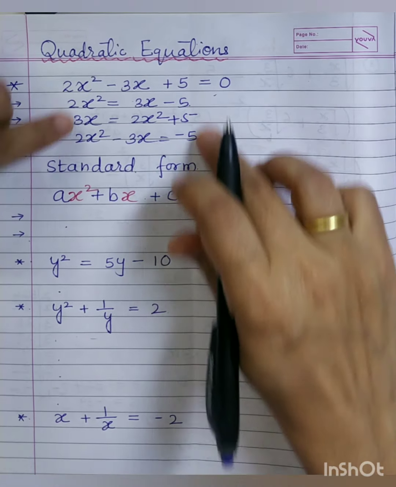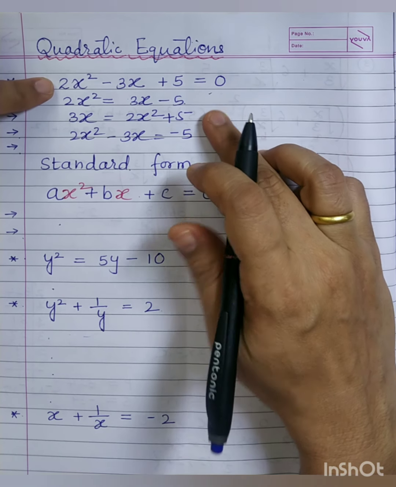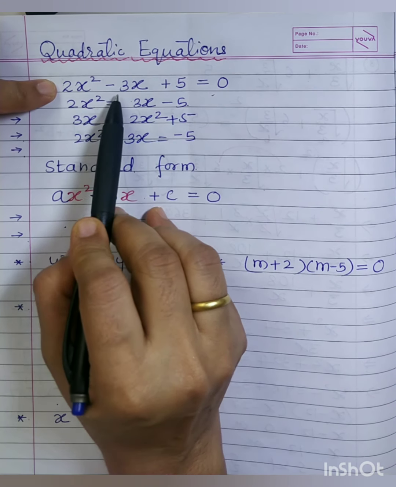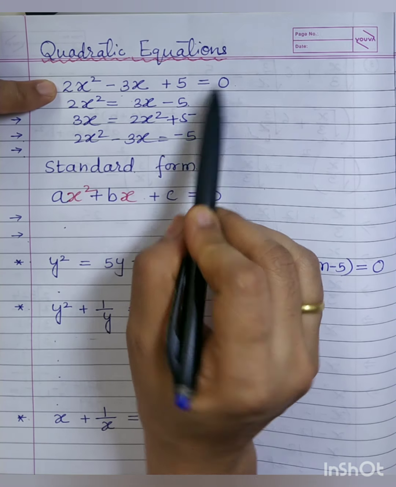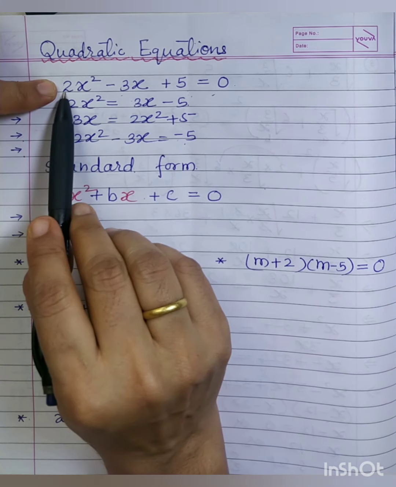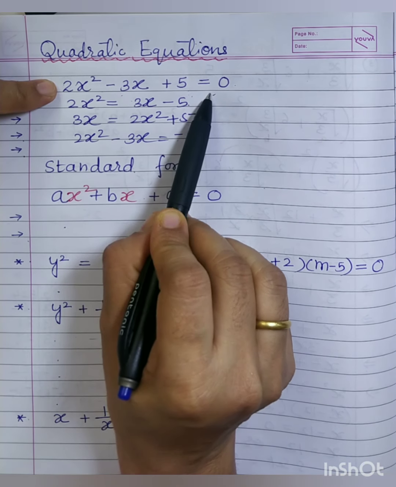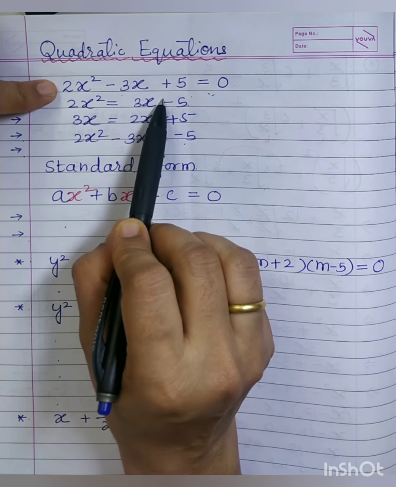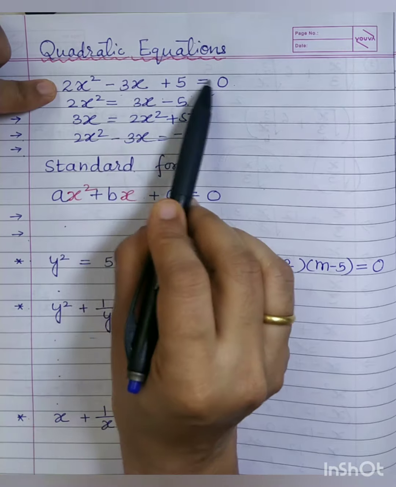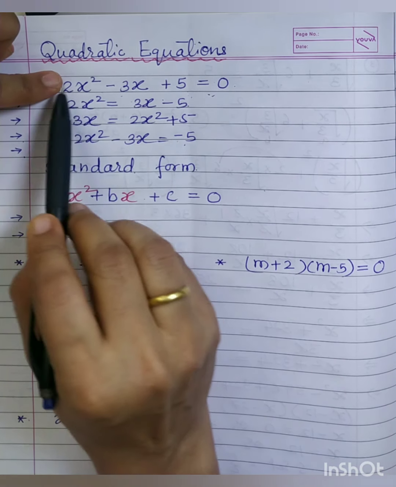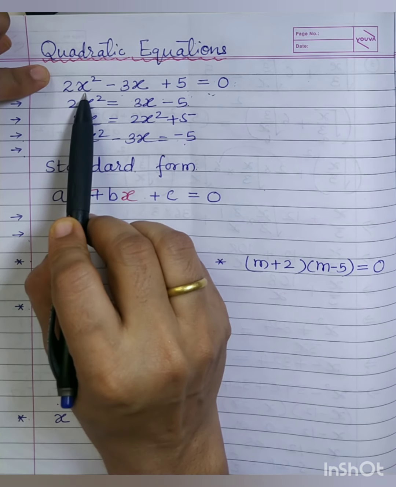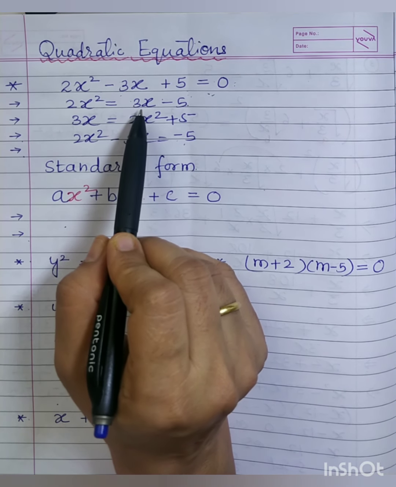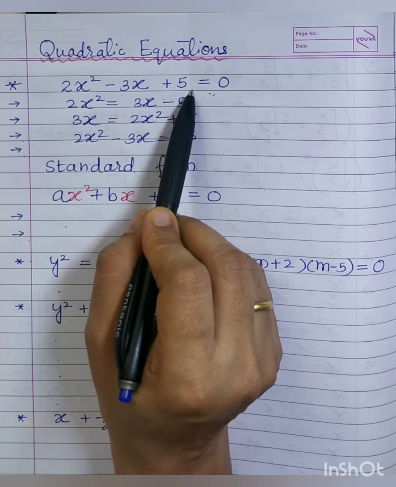All these are different ways in which this equation is written, but the general way of writing it is 2x square minus 3x plus 5 is equal to 0. Though they all are the same, we usually write it in this format so that all the next operations and working go very easy. So what is the way? Descending powers of the variable. Sometimes we need to find out whether it is a quadratic equation or not, and that time also it goes very easy.